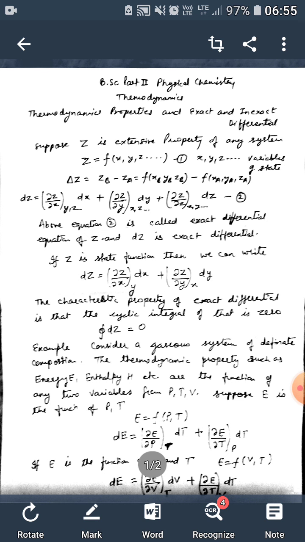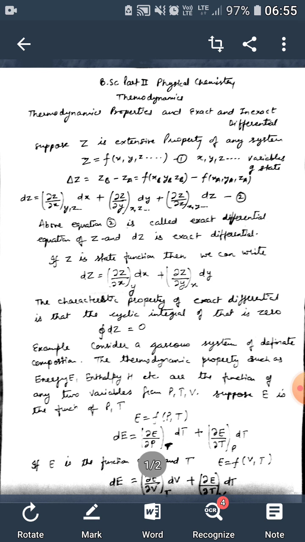If this internal energy is a function of pressure and temperature, then we can write dE is equal to del E upon del P at constant temperature into dP plus del E upon del T at constant